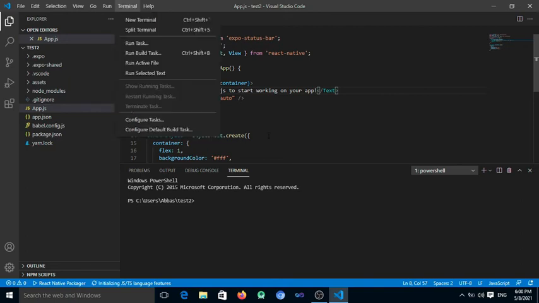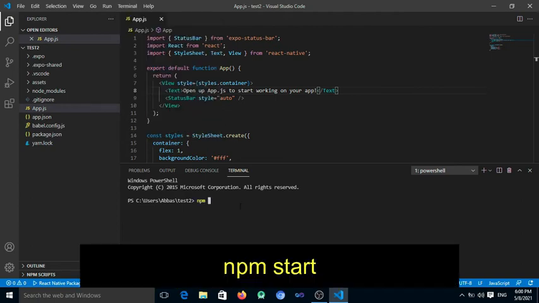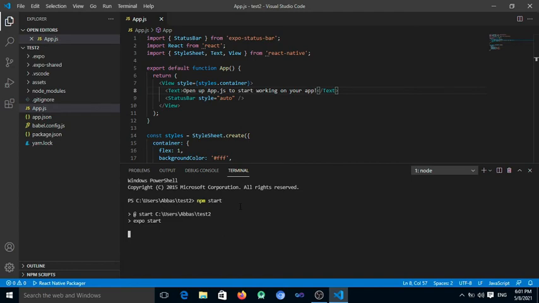Open the terminal. If the terminal is not open, then go to Terminal and select New Terminal. Now write the following command to run the project: npm start. It takes some time.